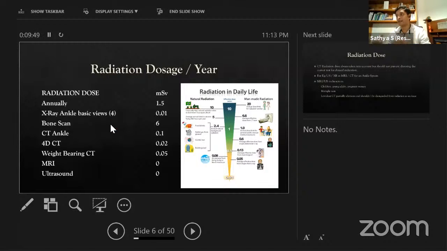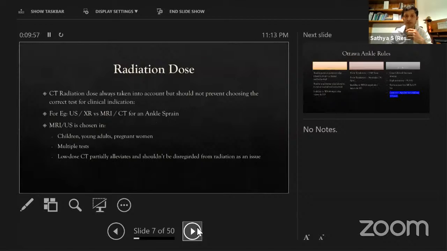Okay, so we must understand how much a person has to go through repeated CT scans that can have a potential harmful effect for them in the future. So a radiation dose must always be taken into account, but should not prevent us from choosing the correct technique for our assessment. If we feel that there is a person who's having a navicular injury, or you suspect an N-spot navicular stress fracture, if you think that they have to have a CT scan, better you send for a CT scan irrespective of the age,